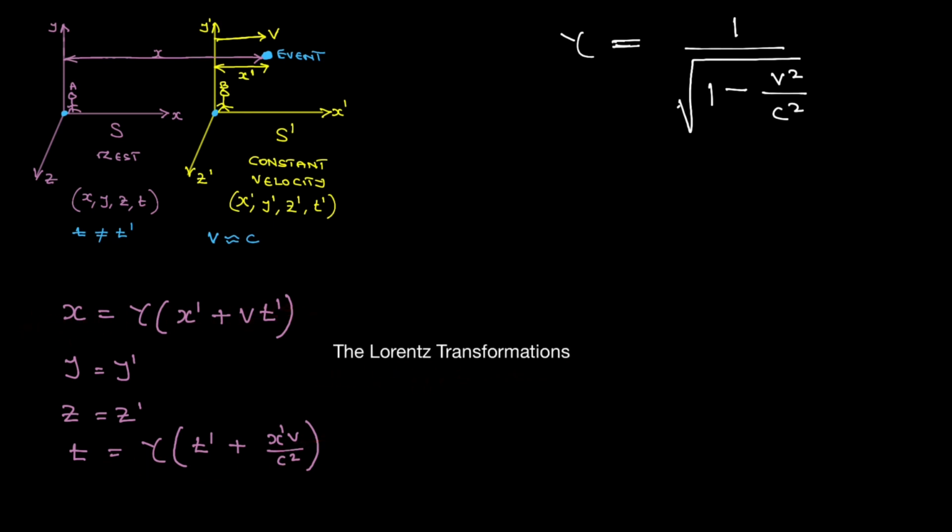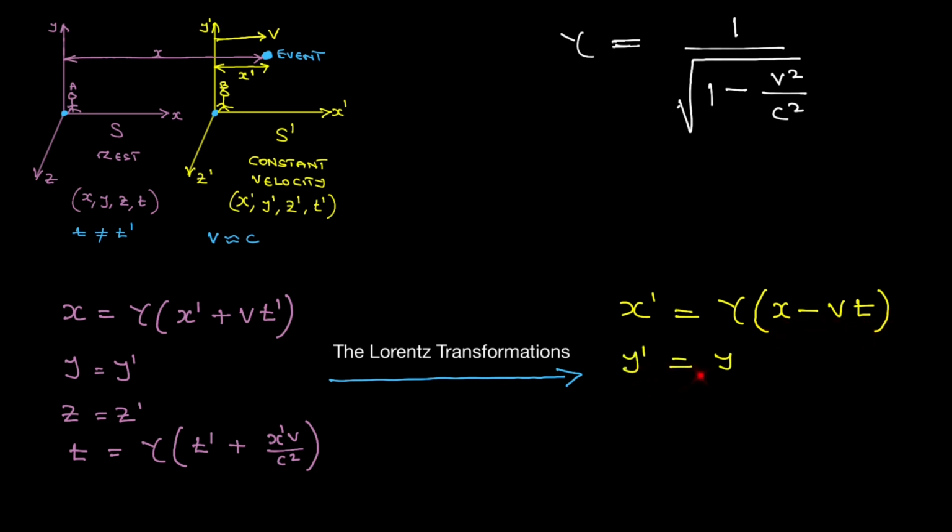So we're transforming that into the Lorentz transformation, and then we get x prime, which is gamma (x minus vt), y prime equals y, z prime equals z, t prime equals gamma (t minus xv over c squared). So this is the Lorentz transformation. It is this transformation we're going to use in length contraction and time dilation, and this transformation is compatible with special relativity theory.